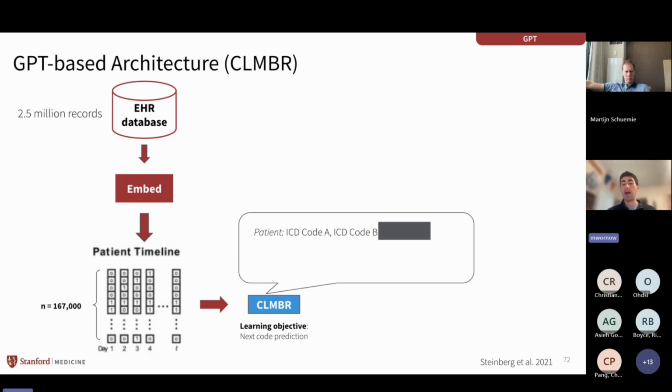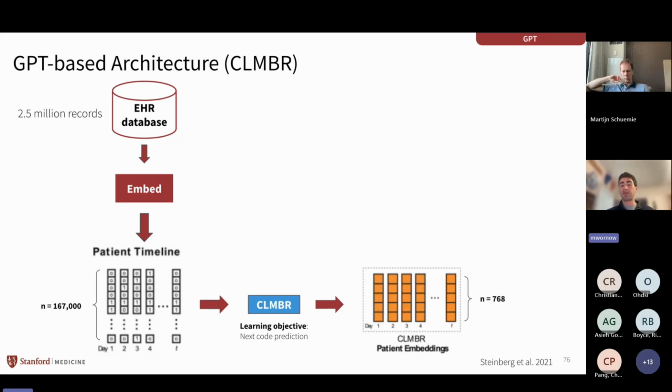He just said, hey, I'm going to hide the next code in your sequence. Can the model tell me which code comes next? If it gets it right, then it's correct. And if it gets it wrong, it learns from its mistake. In that way, it can be unsupervised, which is really nice, and allows the model to scale to large data sets. Then right after that, you get the 768 dimensional